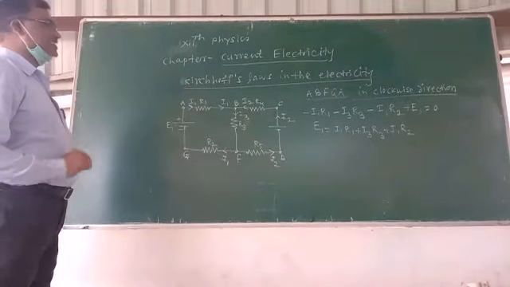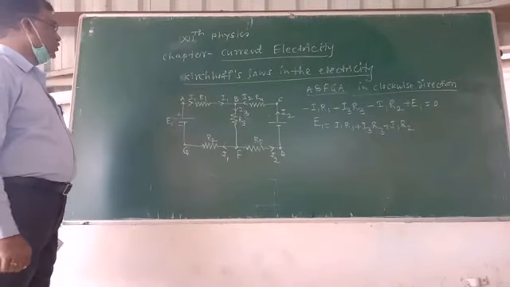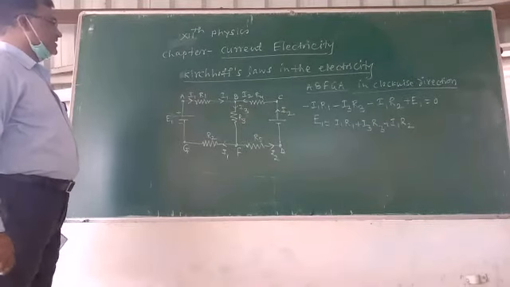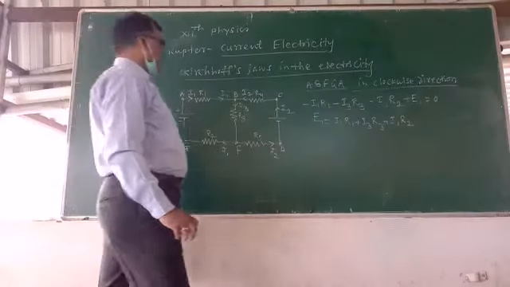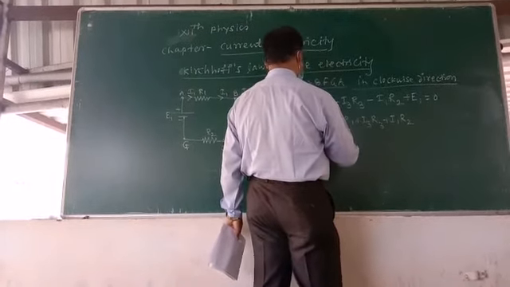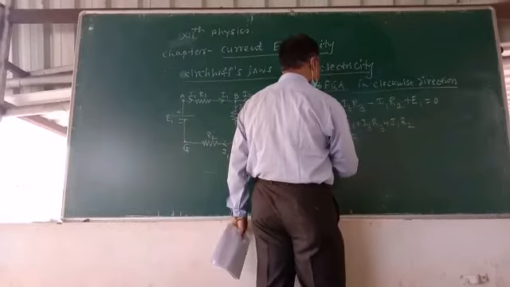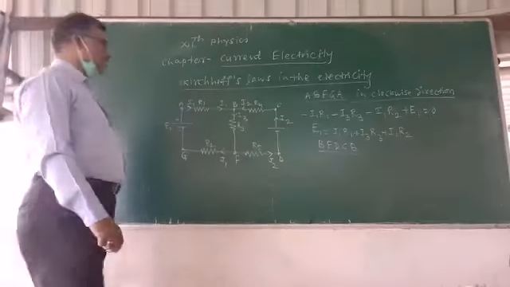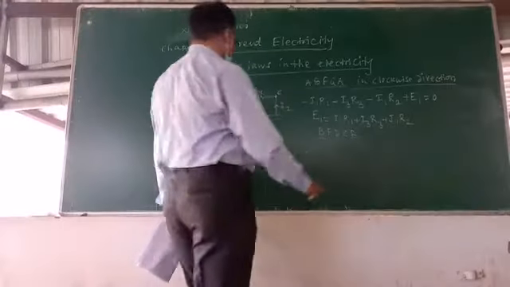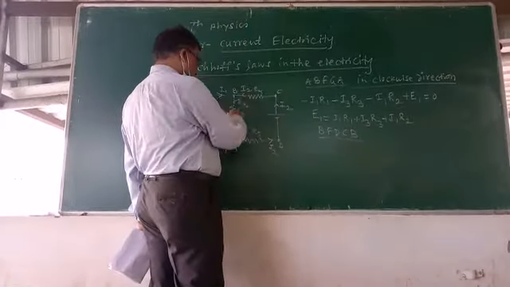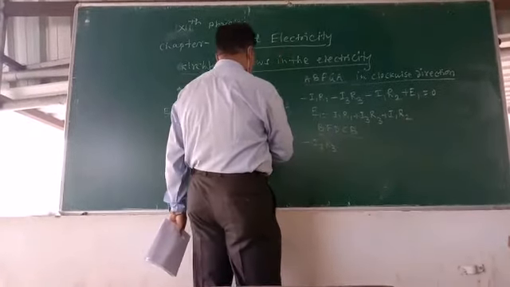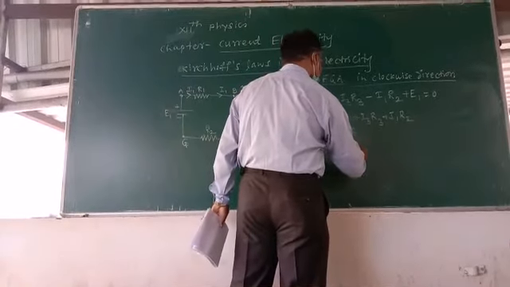This is applying Kirchhoff's second law, that is the voltage law, on the loop A, B, F, G, A. Similarly, Kirchhoff's second law applied on the loop B, F, B, C, B in the anti-clockwise direction. In the anti-clockwise direction, that is this direction, in the direction of the current, minus I3 R3, and in the direction of current, minus I2 R5.